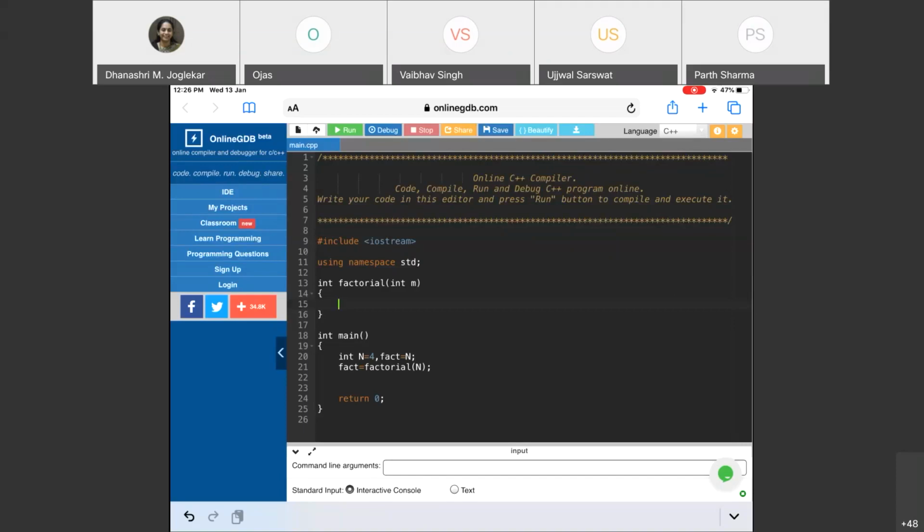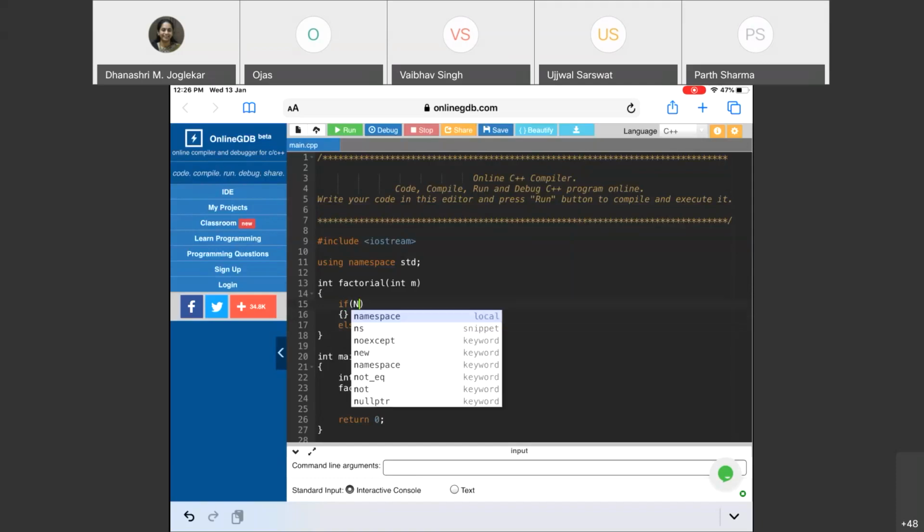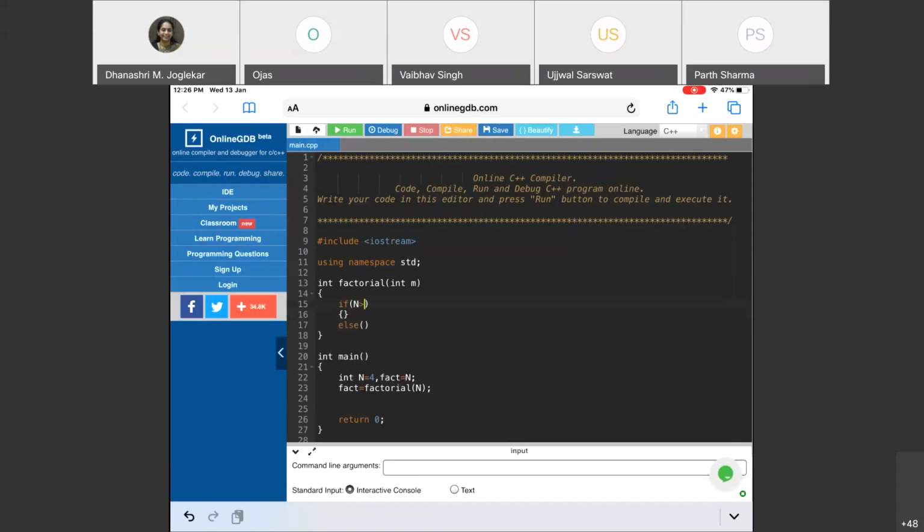So in order to plug in that condition, we obviously use an if statement. I'll be using if, then putting some condition over there. So if this is happening, then you do this, else you do this. We were saying that if n is greater than 1, then we carry out some operation.